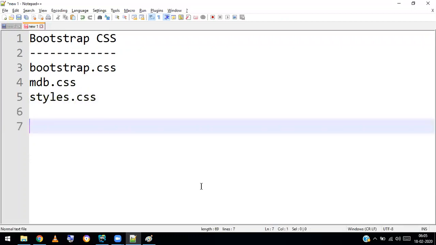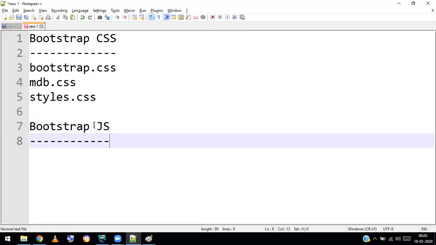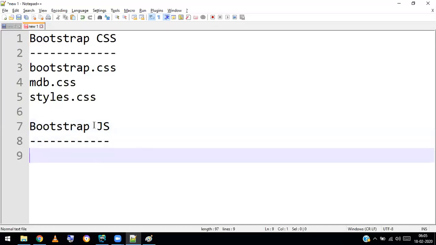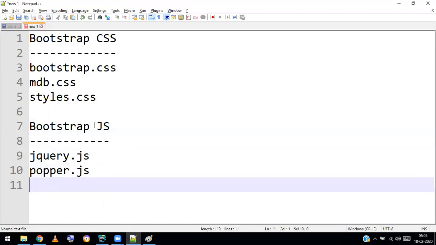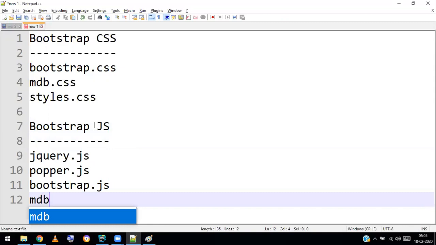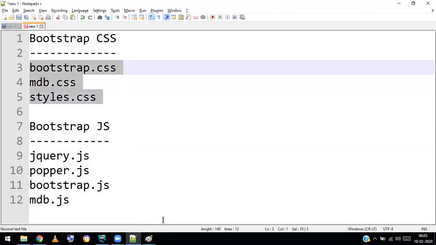These files you have to connect, and we also are required to connect the JavaScript files. First, jQuery.js has to be connected, and popper.js, and then Bootstrap.js, and then mdb.js because I'm going to use mdb. So we need these files and this file.